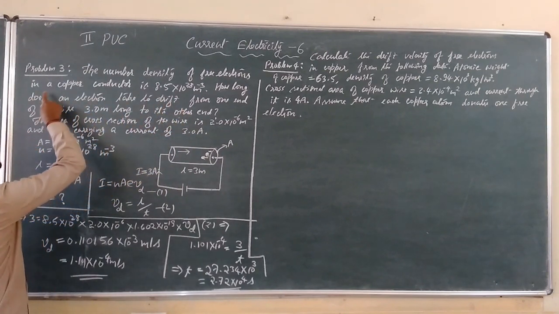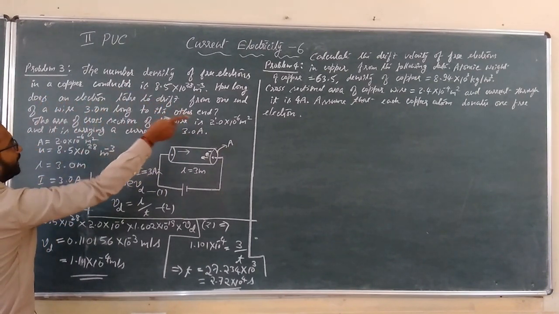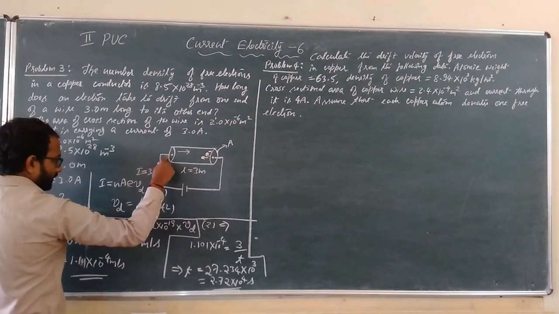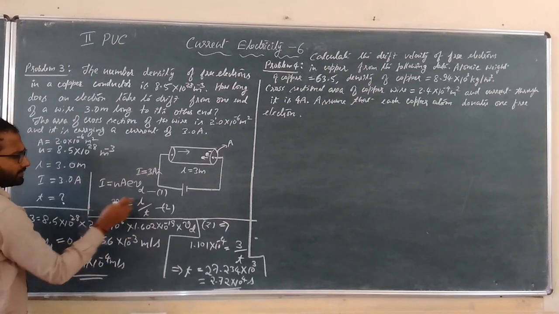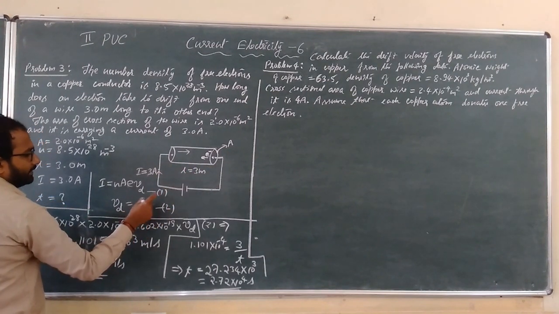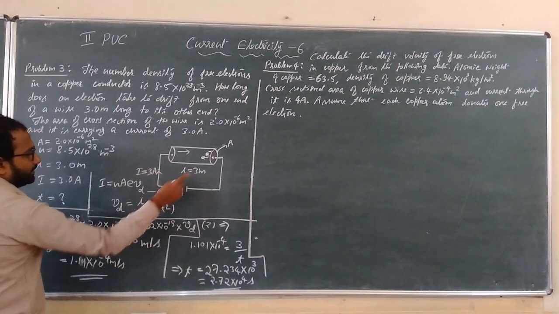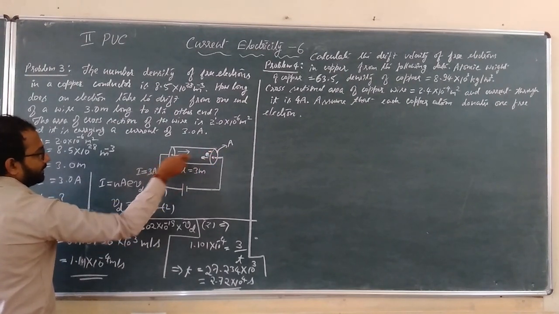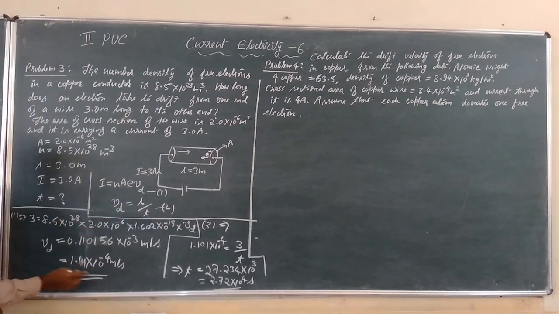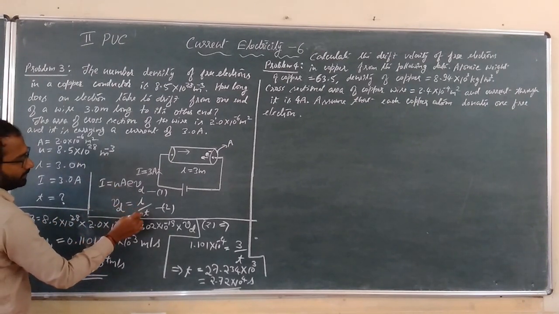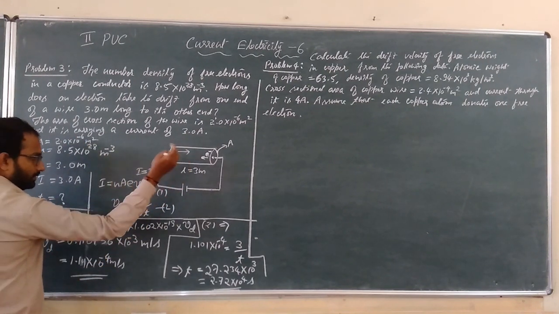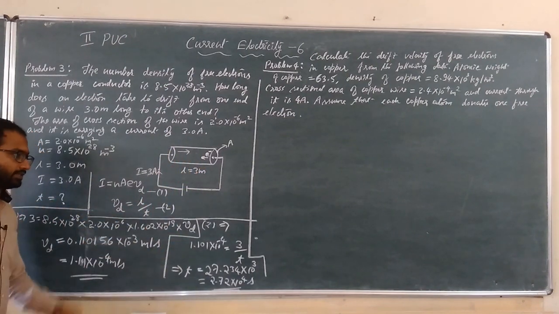The unknown is, how long does an electron take to drift from one end to the other end? What is the time required by the electron to reach from one end to the other end? Velocity is nothing but displacement by time. Displacement is the length of the conductor itself, that is 3 meter, divided by the time taken T to cover this displacement. We have calculated Vd using this equation. Once you get the value of Vd, substitute here, and you can calculate T, because L is known. The displacement covered by the electron is the length of the conductor itself, that is 3 meter.